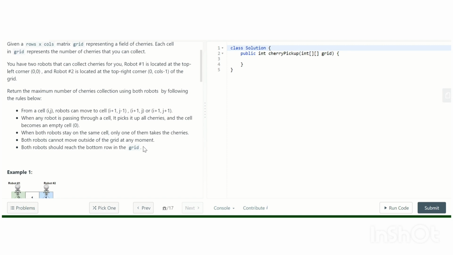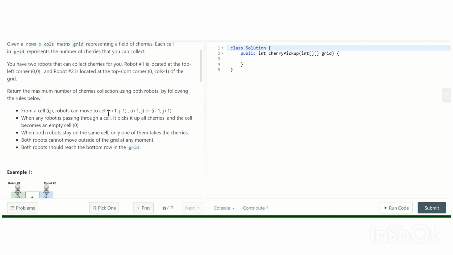There are three options for each robot to go down from each row, from its position. Suppose one robot is standing at i1 comma j1 and the second one at i2 comma j2. There are 3 into 3, that is 9 possibilities in total at every move. For example, if the first robot goes to i1 plus 1, j1 minus 1, the second robot can move to all three possibilities, and for the first robot going to i1 plus 1, j1, the second robot can again move to all three possibilities.